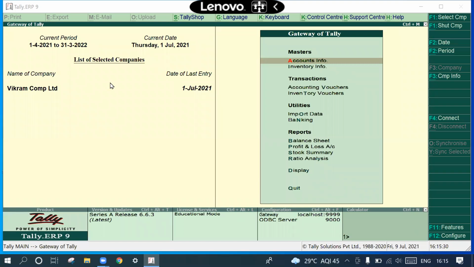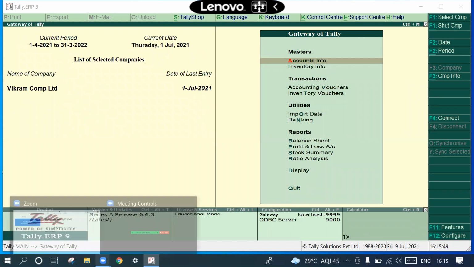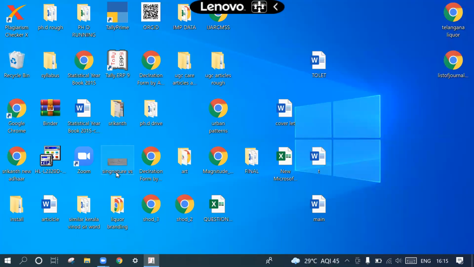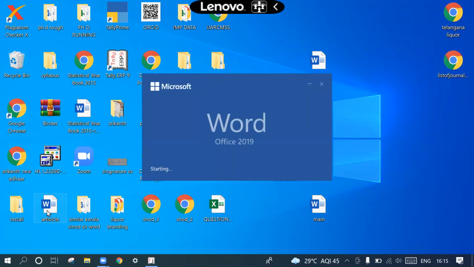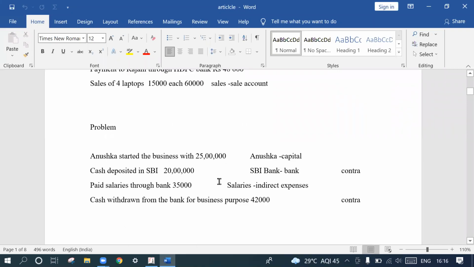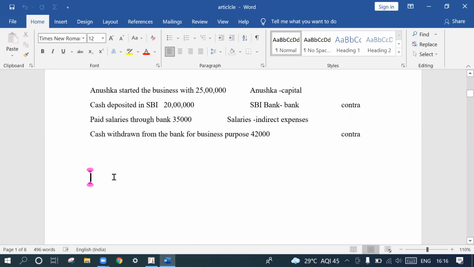Now we are in the books of Vikram Computers Limited, but today we are going to start a problem with creating another company. First of all, to do all these, we shall go to the problem. So first we shall create the problem. Here this is what we have seen previously. And today, yes, Ramana